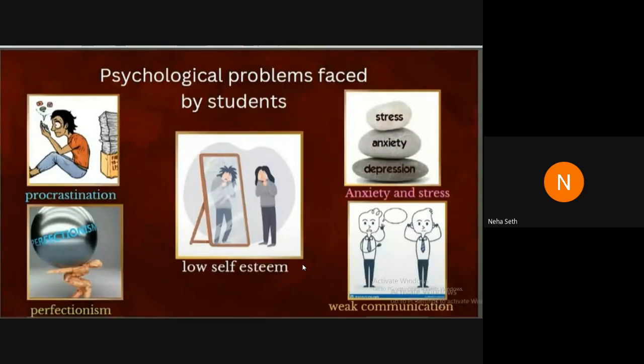Procrastination is the act or way of behavior when we are putting things off in a delayed manner. We are just lingering on things. We know how to do it. We know the deadline also. We know everything. But it is the act of putting off doing something that we should do till a particular period of time, particular day, particular time. Because we don't want to do it, we are not doing it, just delaying things without any particular reason behind it.